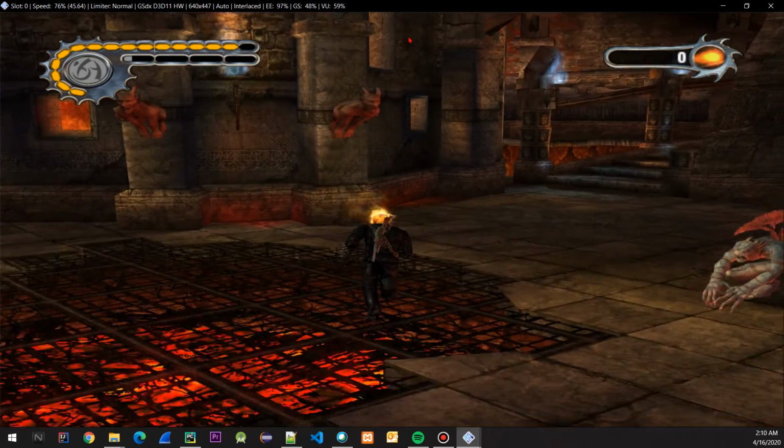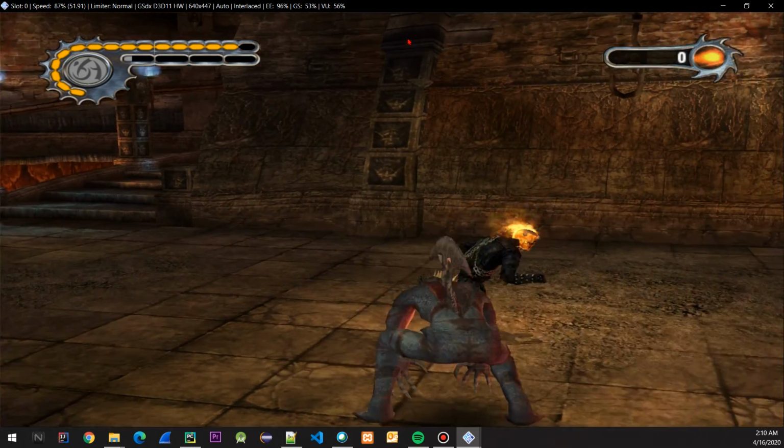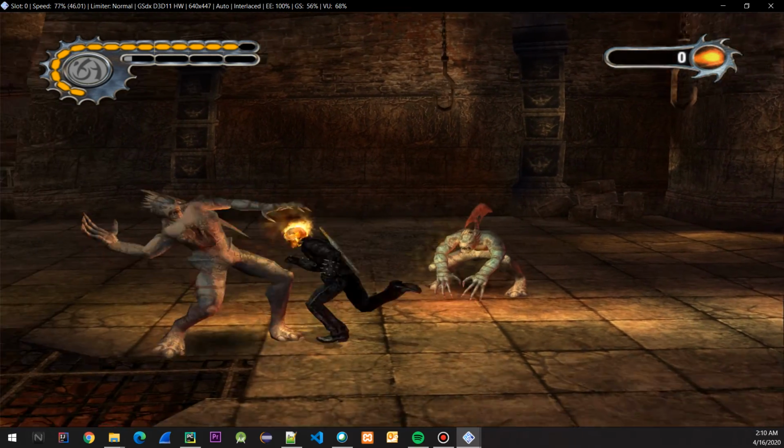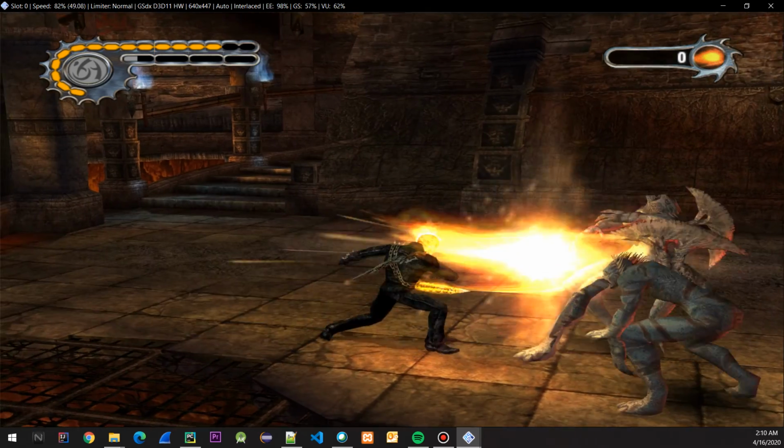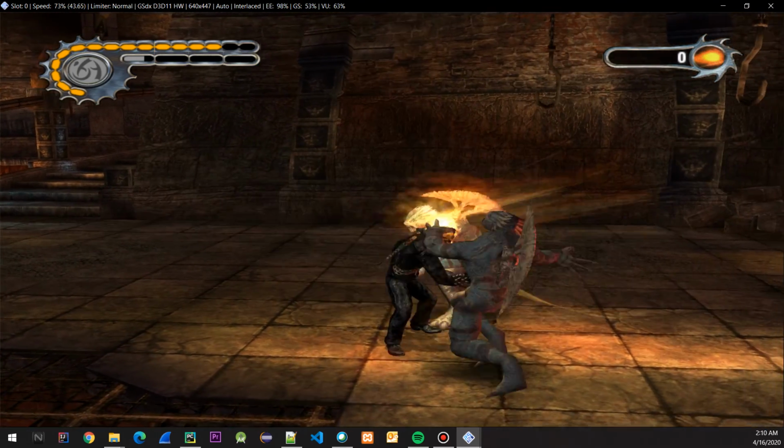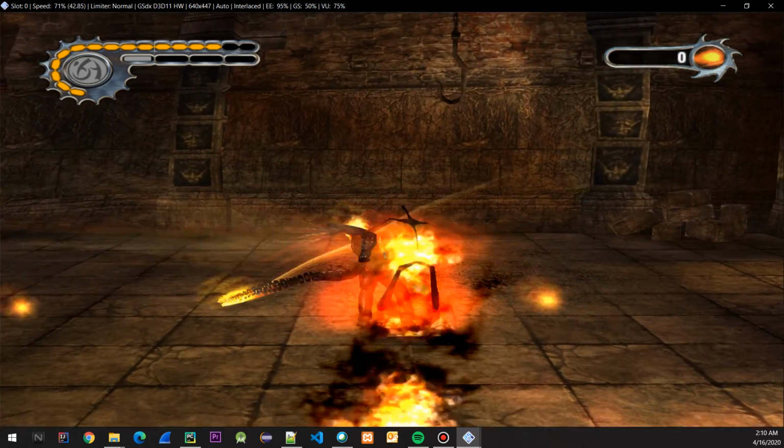So you can see this is laggy. You need to tweak a bit more in order to get the maximum out of this particular game. Yeah, each game has a different set of requirements in the settings. So you need to tweak. For example, the settings that I have work very well with God of War 1.